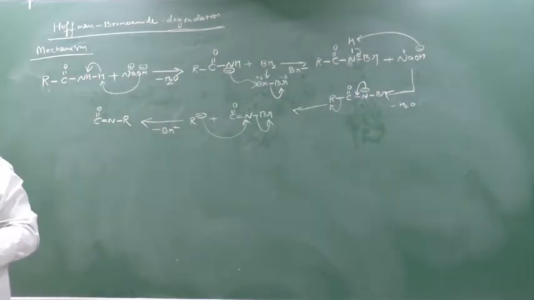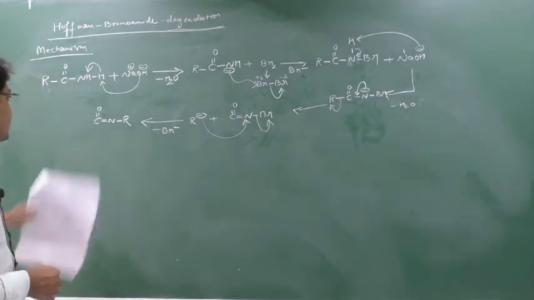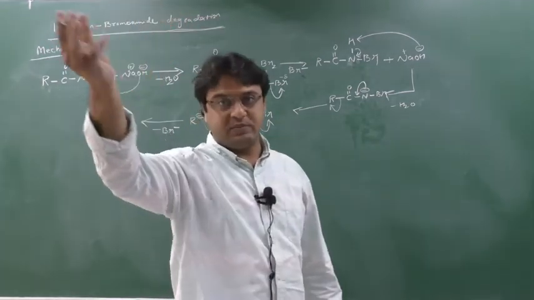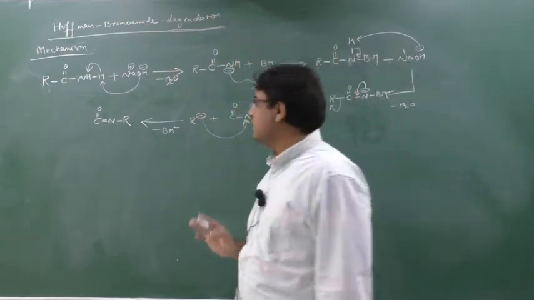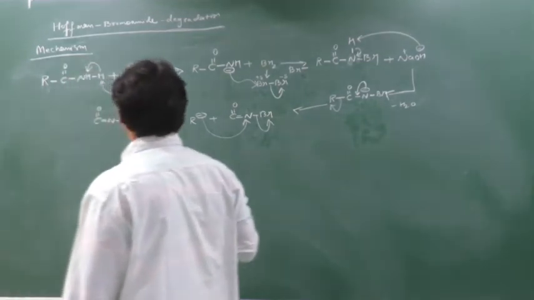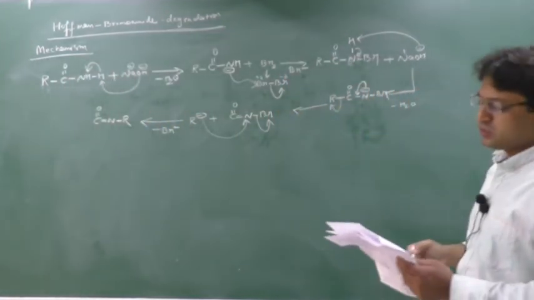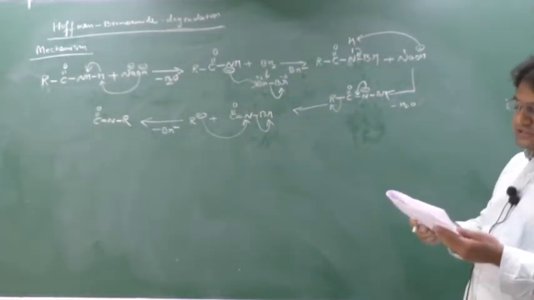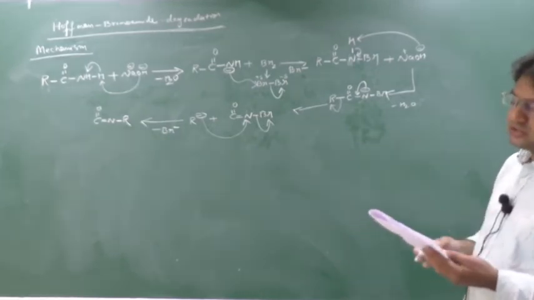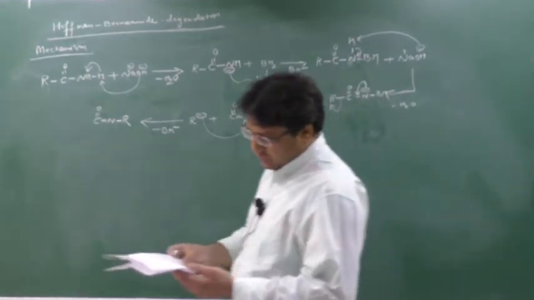Clear? Why am I doing so? Because I have to generate carbon dioxide here, because you know Na2CO3. So carbon dioxide plus Na2, so Na2CO3 will be formed. Now see here, now comes in the picture. See, first reagent NaOH I have used. Second reagent Br2 also I have used. And there was a third reagent. Which third reagent? Sorry, one more reagent will come, that is water. Yes or no? Water will come in the picture now.